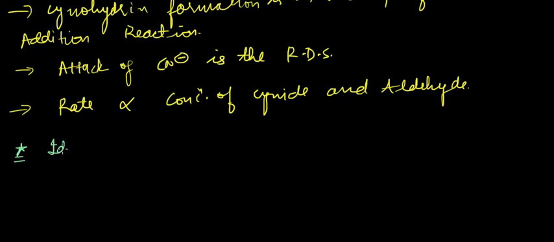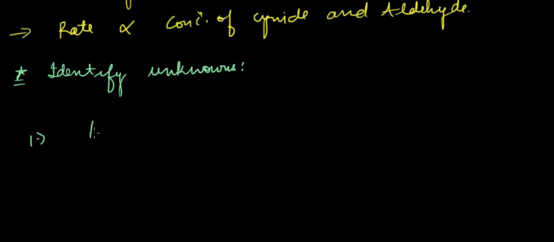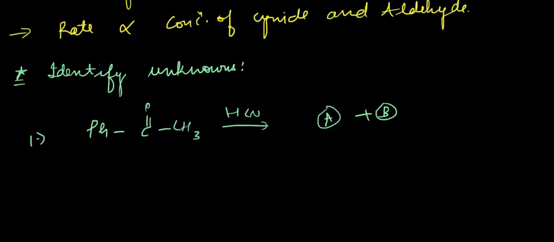So in the questions below, we have to identify the unknowns in the reaction. The first question: we have PhCHO and we are reacting it with HCN, so we'll be getting products A plus B. So what are products A and B? A would obviously be a cyanohydrin, with OH and CN here, and B would be again